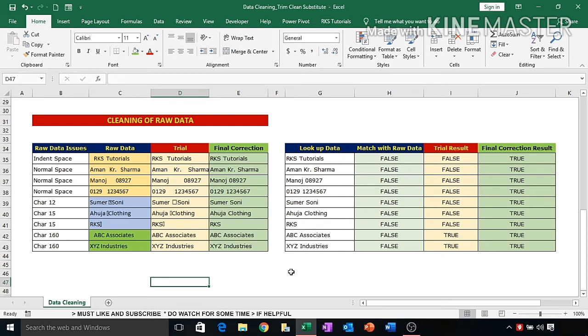And if you find there are some spaces that are not normal spaces, that is non-breaking spaces, in that case you have to use character 160 and use the SUBSTITUTE formula. So on the basis of your requirement and the different kinds of problems in the data, you have to use different functions. Sometimes you have to use only one function, or sometimes you have to use all the functions.